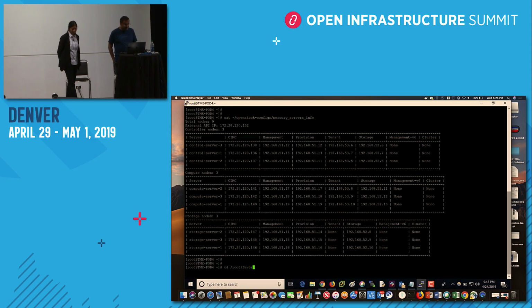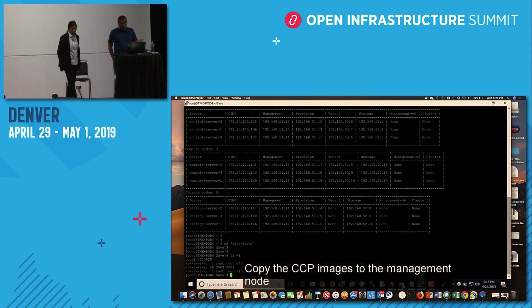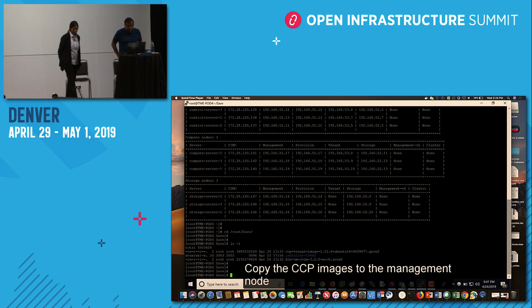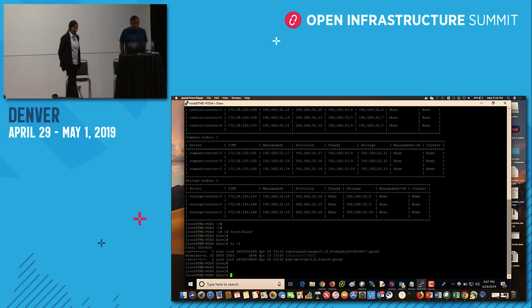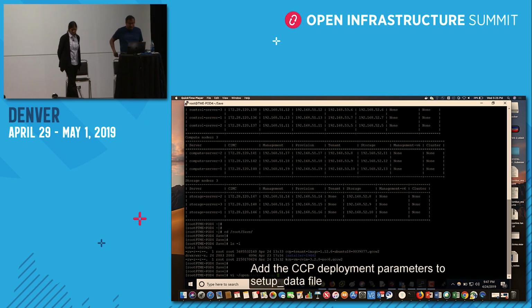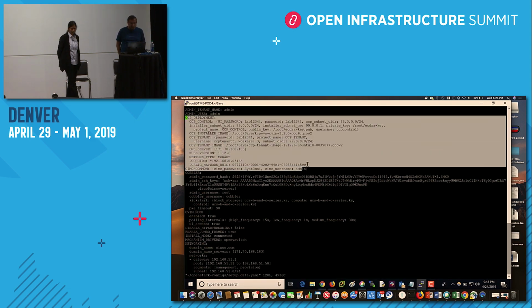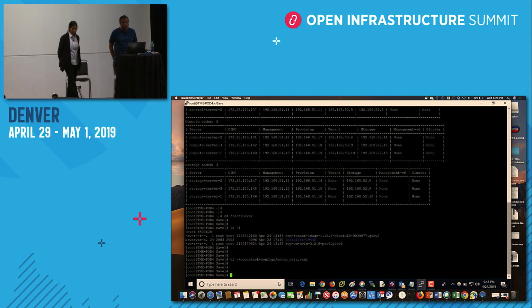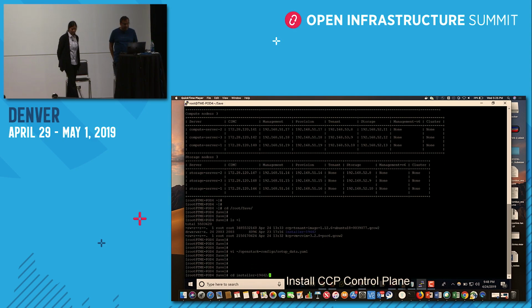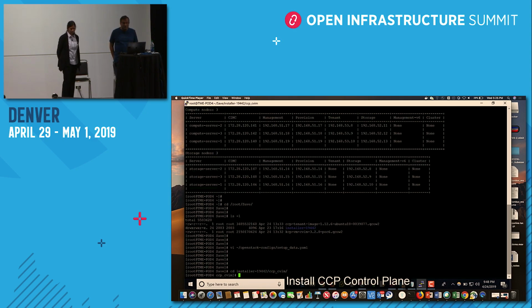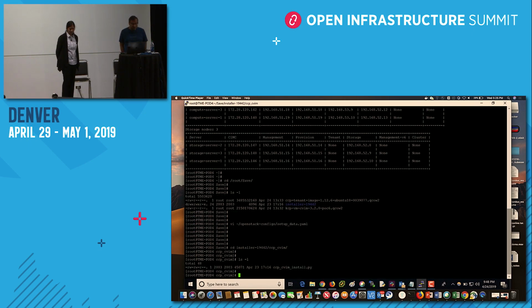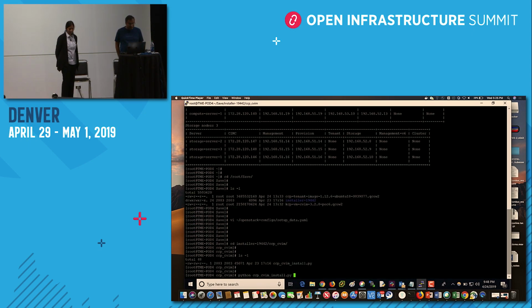What I'm showing here is the Kubernetes installation itself. This is the image for the Kubernetes tenant cluster, and this is the input file for our deployment. As you can see, you give it information about what your OpenStack external network is, the path to your DNS server, and so on. At the end of it, either on a tenant OpenStack network or on a provider OpenStack network, it will deploy the Cisco control plane for Kubernetes, and it will deploy Kubernetes tenant clusters. So we'll fire off the deployment of Kubernetes on top of